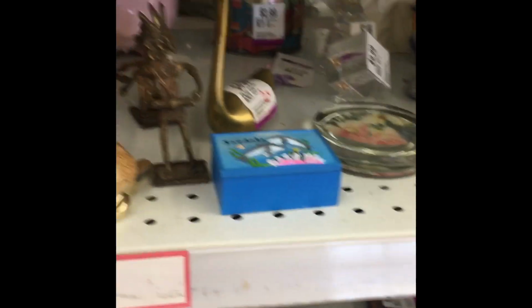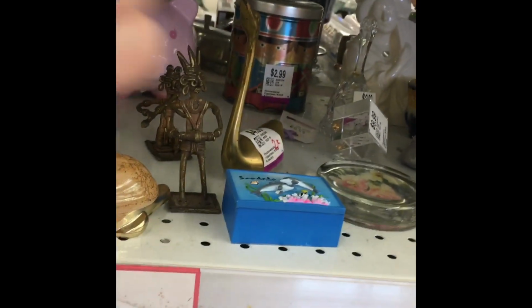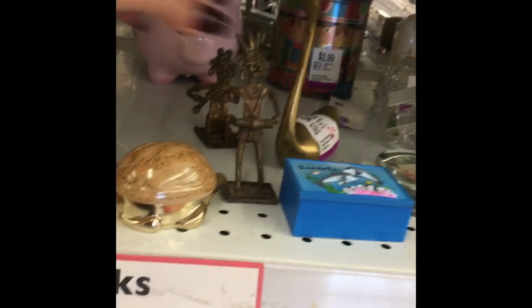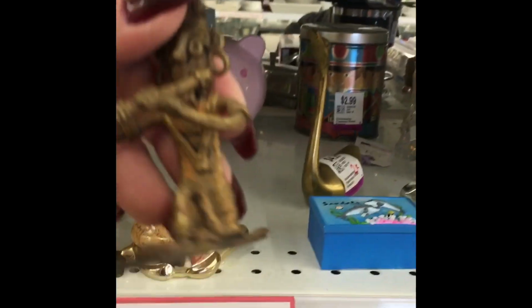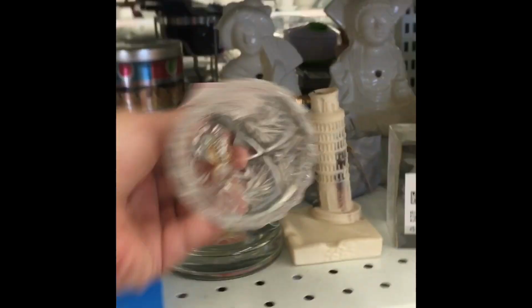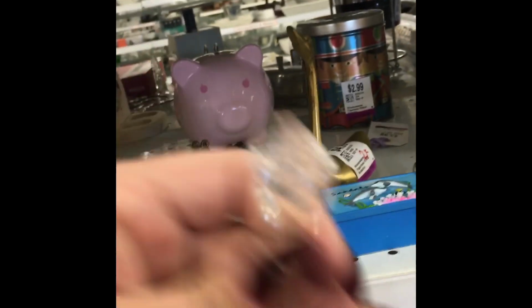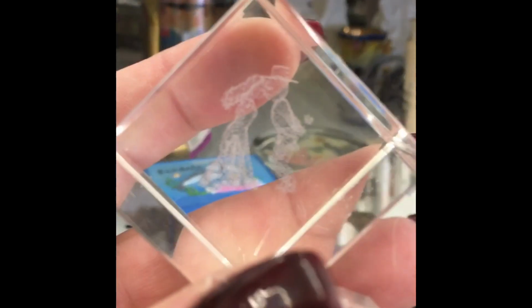That was a cute little turtle. Didn't really see anything super valuable there. I really liked these little brass figurines. They didn't have any markings on them or anything, but it was something I probably should have grabbed. I ended up leaving it on the shelf. Again, tell me if I made a mistake there. Should I have grabbed that and brought it home? I see a couple of brass pieces now that I'm in this section, but